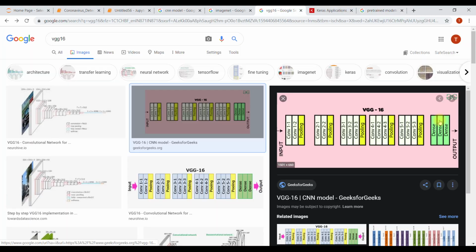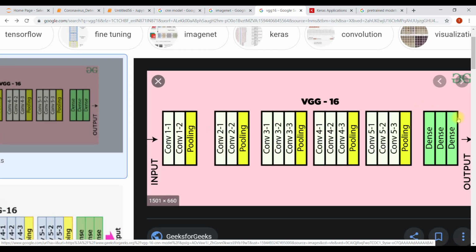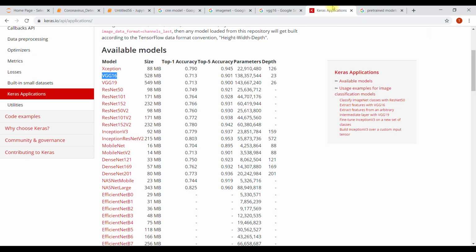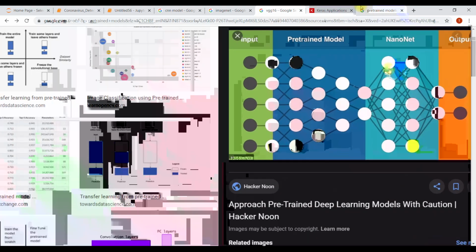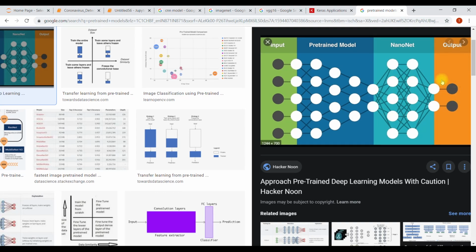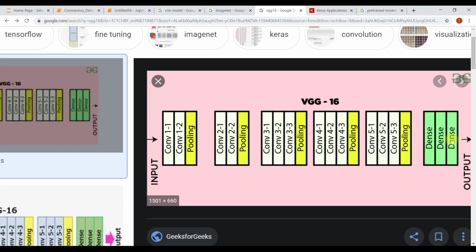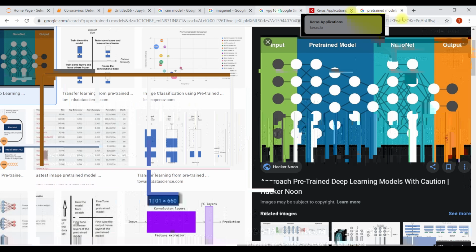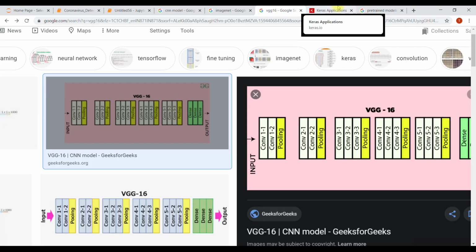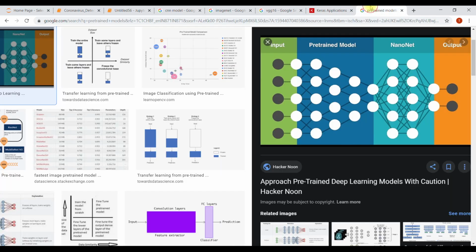What we're going to do is remove this last layer and put in our own layer, because this VGG16 has been trained for thousands of classes, but we have only two classes, COVID and normal.